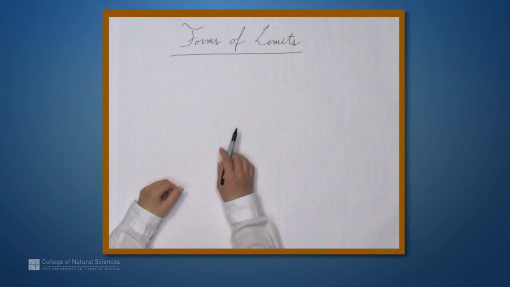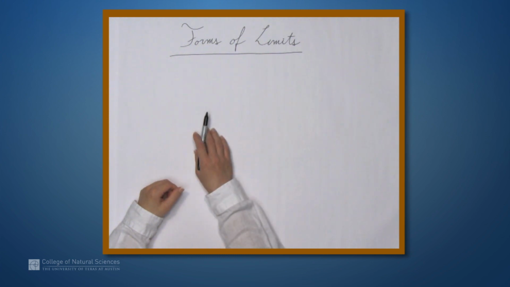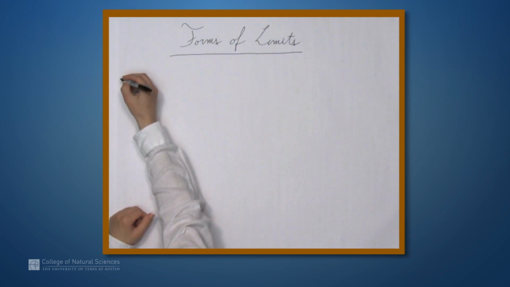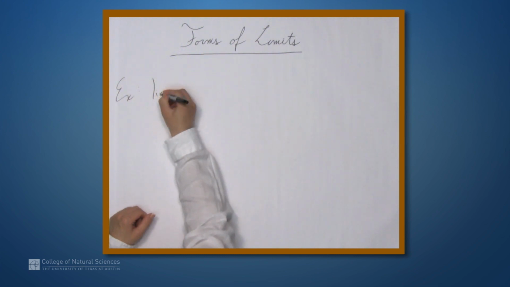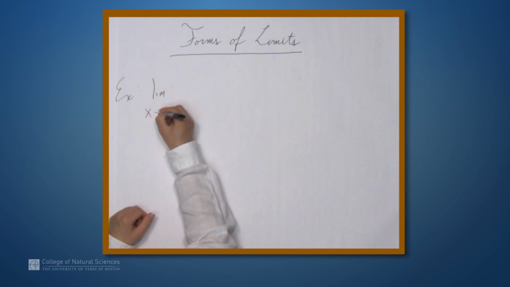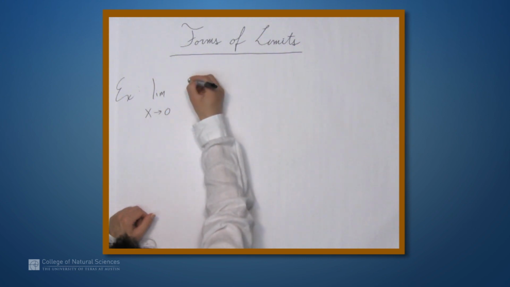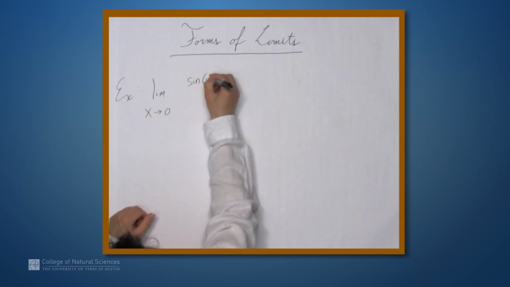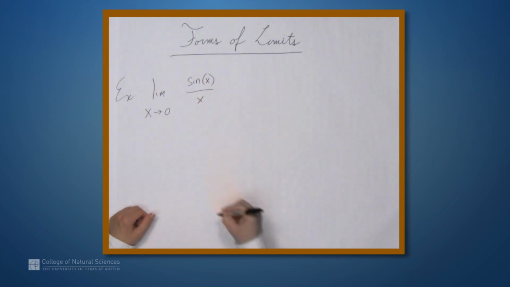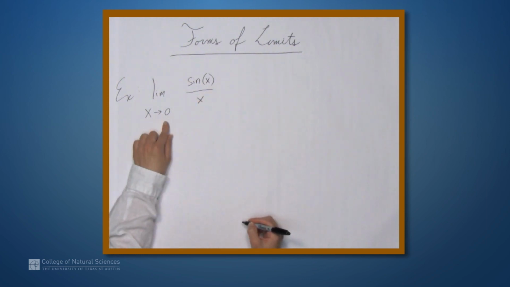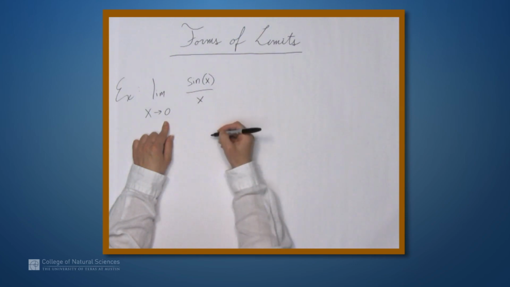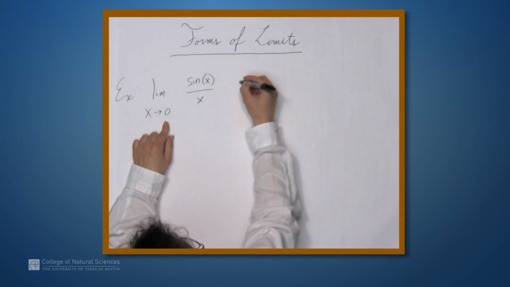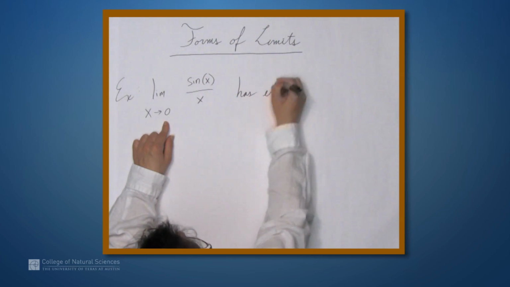So we're here at the example table, and in this video we're going to talk about forms of limits. So let's start right off with an example. Let's look at the limit as x approaches 0 of sine of x over x. Well, as x approaches 0, the numerator approaches 0 and the denominator approaches 0. So we say that this has the form